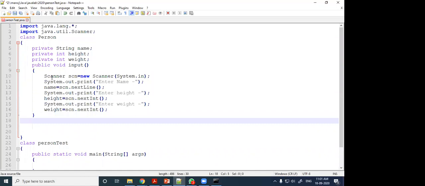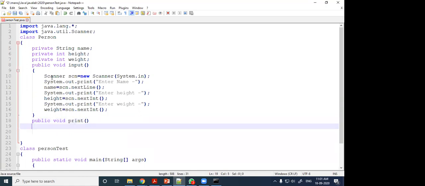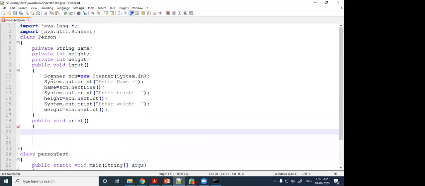Then again, I will define a function for printing the information. Public void print. Suppose we will use print. Okay, public void print. What will I write?